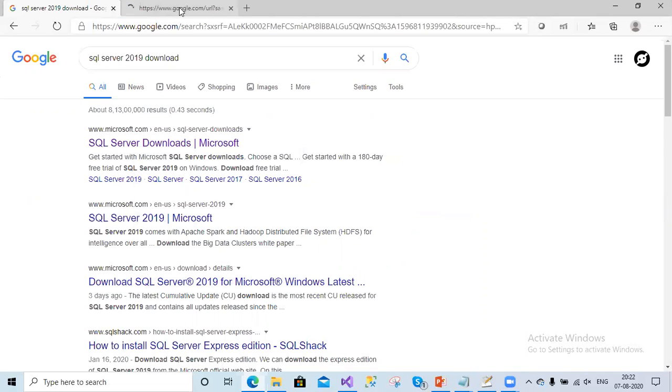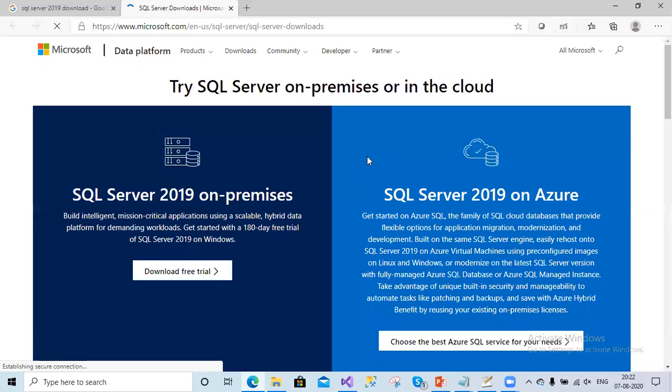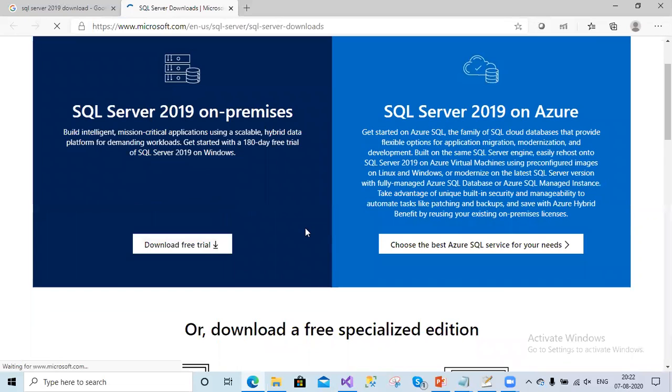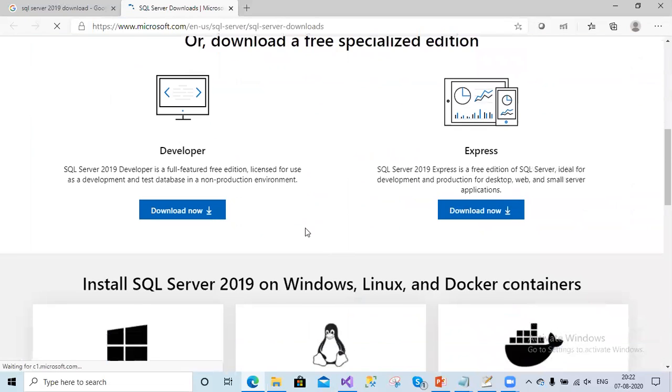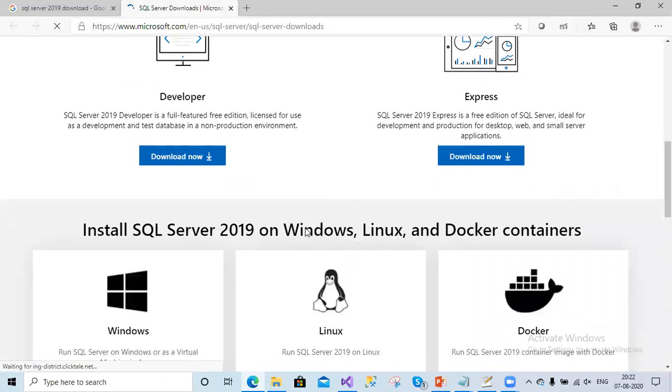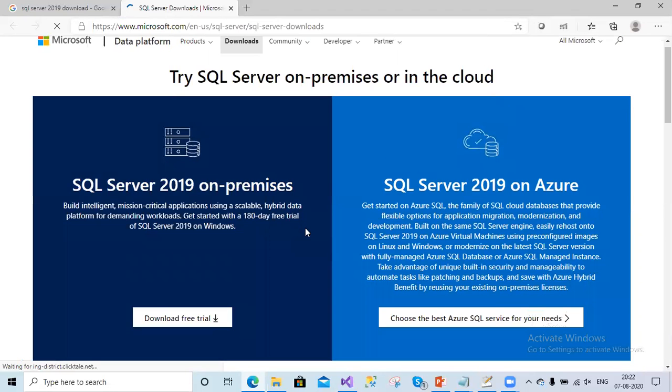Microsoft provides its download link here, so you can simply download the trial version and play with it. If you have organization support, then you can install the enterprise versions. Otherwise, you can play with the trial versions.